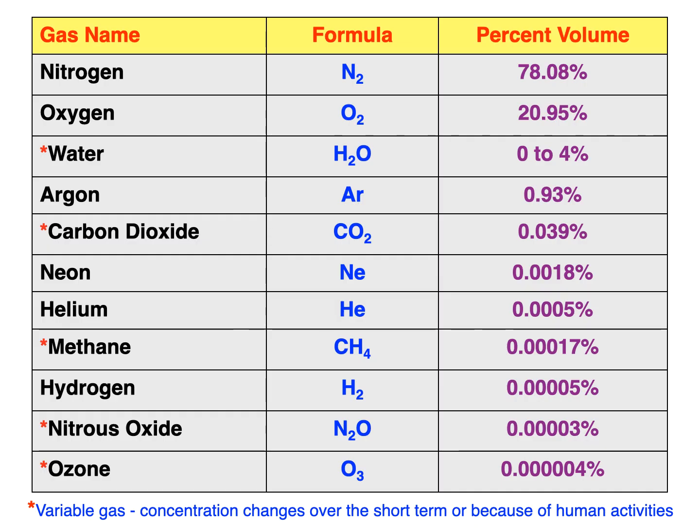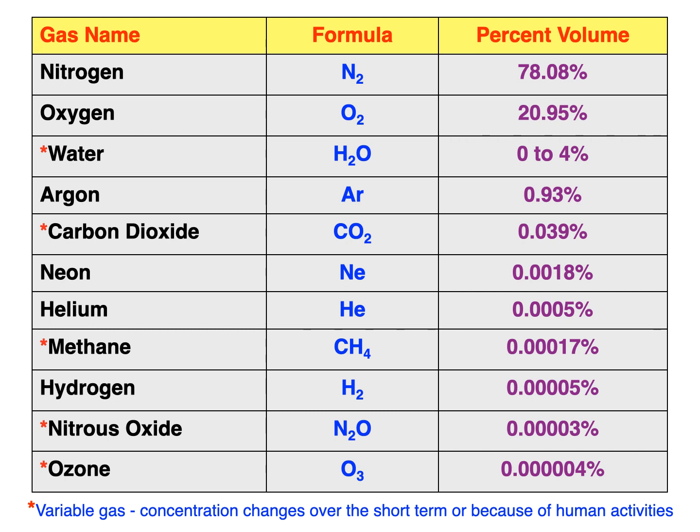So the most common gas is nitrogen in the form of N2. 78.08% of the atmosphere is this gas. The next most popular gas is oxygen, O2, at about 21%. Water varies in the atmosphere anywhere from 0 to 4%, and it's mainly a function of temperature. So we're talking about water vapor. The fourth most common gas is argon at about 0.93%. The next important gas is carbon dioxide at 0.039%,